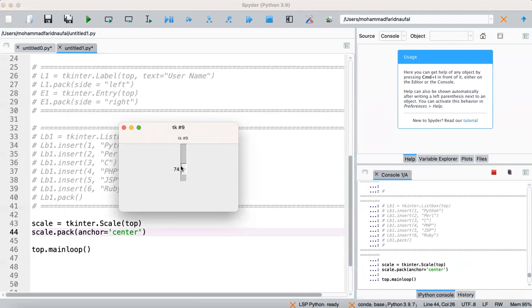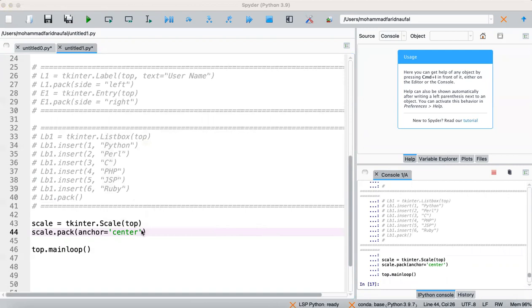Actually, the default range for this scale, or slider, is between 0 to 100. We can change the range for our scale here, and we can read from the documentation in Tkinter how to set the scale for our slider. But by default, we will not change the range; we will use the default values for the range in our scale here. It's between 0 to 100.